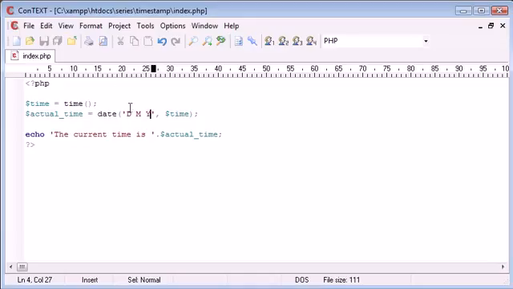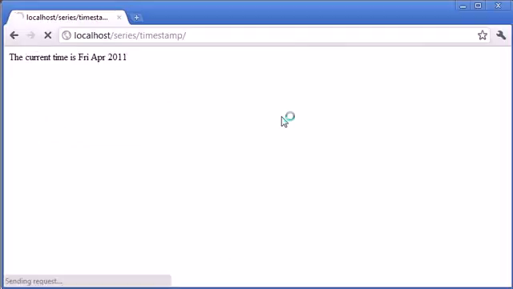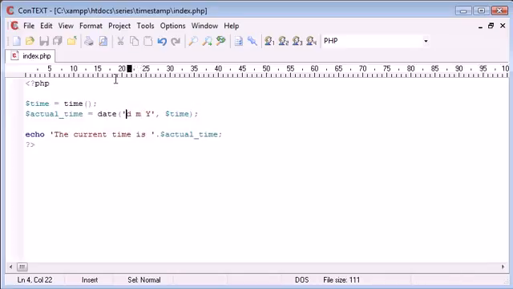So I can change this again. I could put, say, a small d and a small m, and what this is going to do is process it slightly differently and show it in numerical format. So there's lots you can do. I'm not going to cover everything that you can type in here in every way, but what we could also do is say D M Y, and